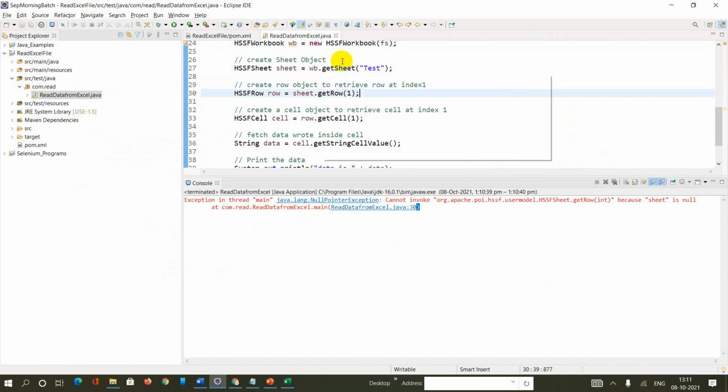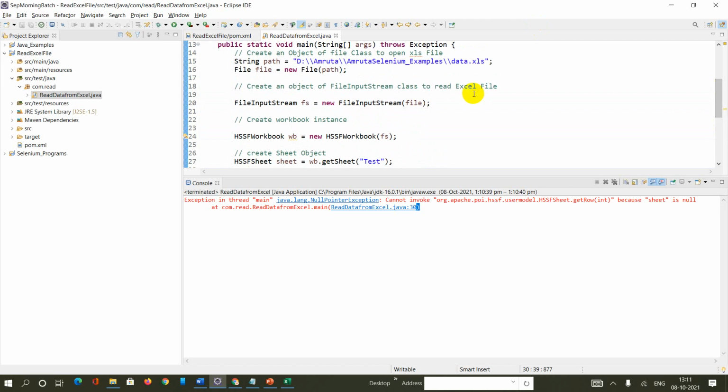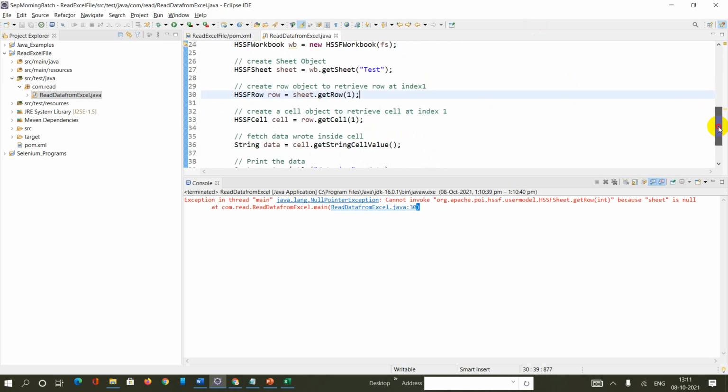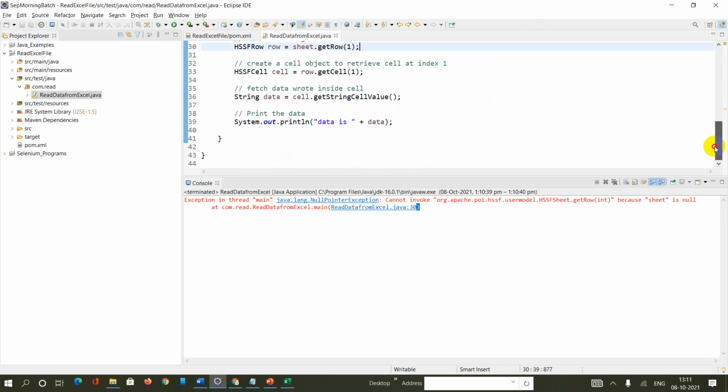We'll need to check it out. I have created the object of FileInputStream, the workbook object. Get cell, this one, just a second.